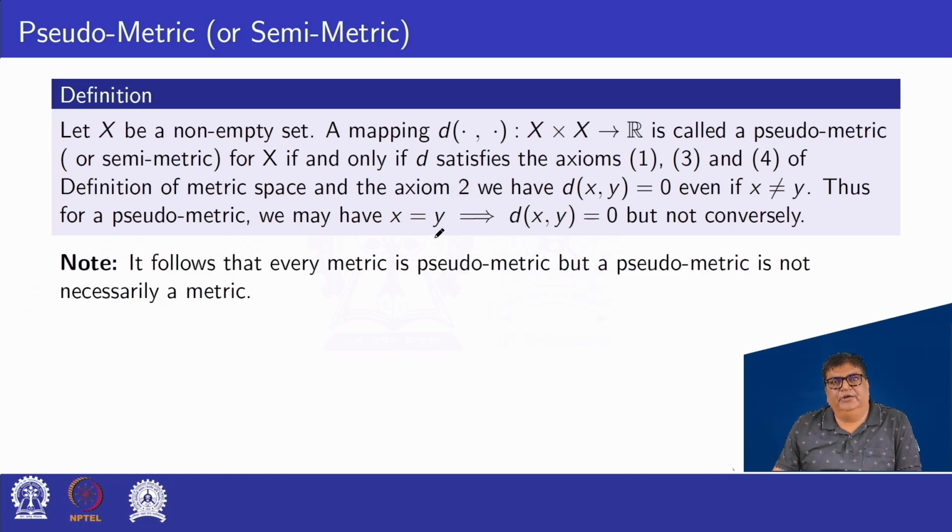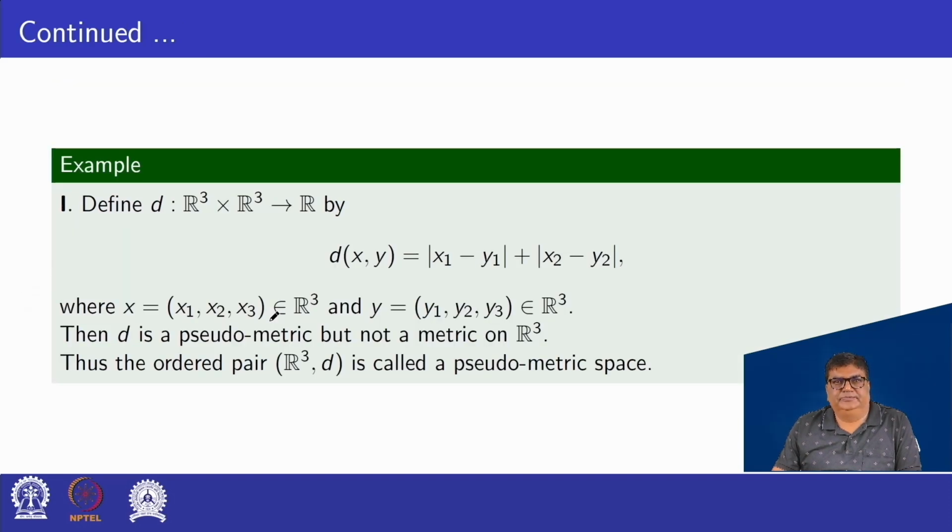Thus, for pseudometric, only one way can be true. If x is equal to y, this implies that dxy is equal to 0, but the converse is not always true. That is, if dxy is equal to 0, then x is equal to y is not always true. Noting point: it follows that every metric is a pseudometric, but a pseudometric is not necessarily a metric. For example,